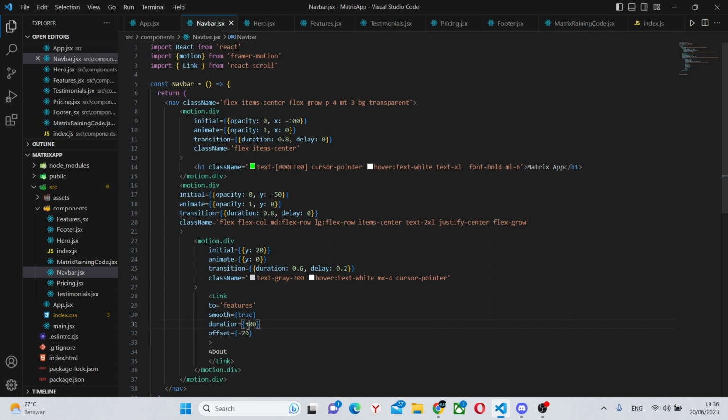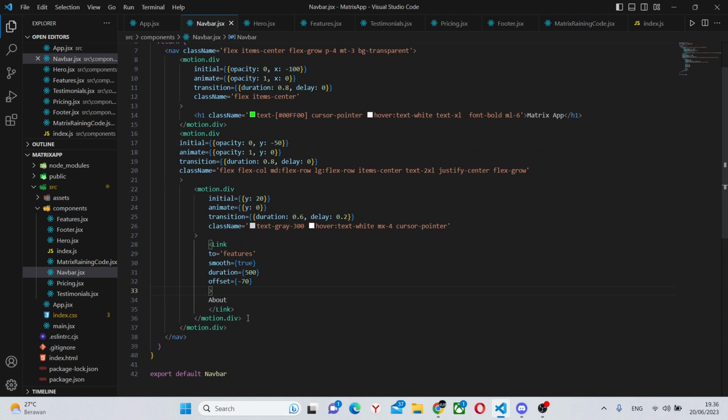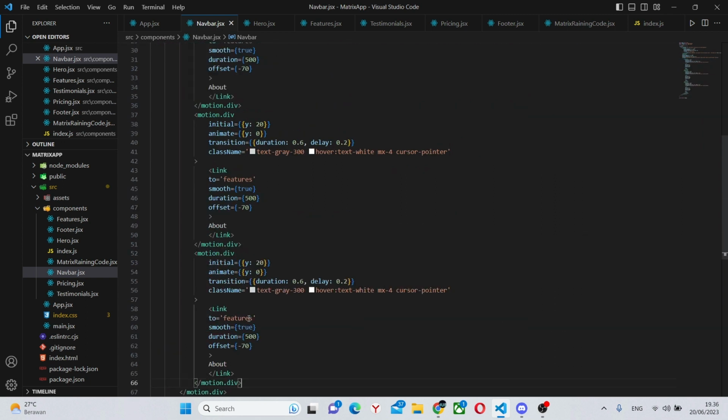With this value you can change how fast you want the scrolling to be. If you add more, the scrolling will be slower. Less, the scrolling will be faster. And here we can simply copy this motion.div and add 2 more of them, 1 and 2.